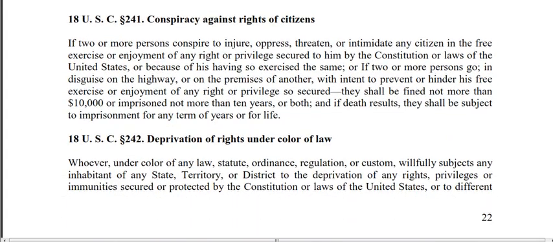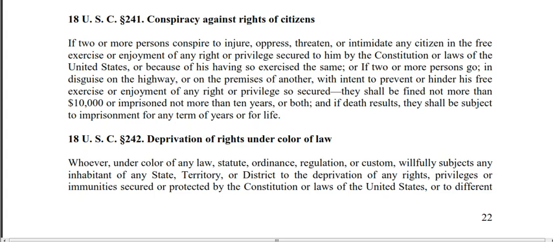18 U.S.C. Conspiracy against rights of citizens. If two or more persons conspire to injure, oppress, threaten, or intimidate any citizen in the free exercise or enjoyment of any right or privilege secured to him by the Constitution or laws of the United States, or because of his having so exercised the same, or if two or more persons go in disguise on the highway or on